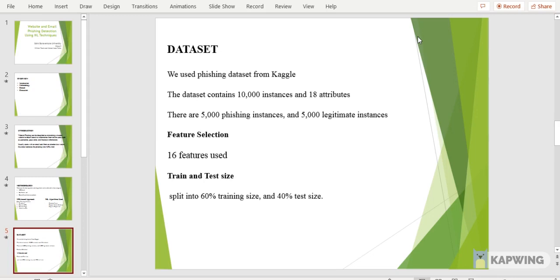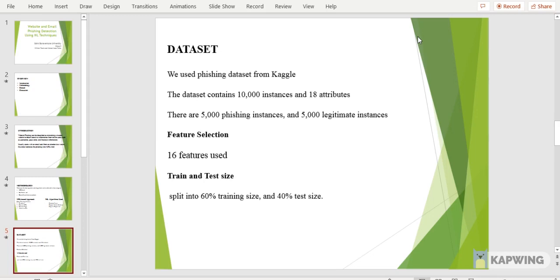We had to make sure the phishing URLs are not just in the top 5,000 rows, and the legitimate ones not just in the bottom. We had to shuffle the whole data set and mix them up. That way we will have an even distribution before we split the data set into training and test sets. So we did that,